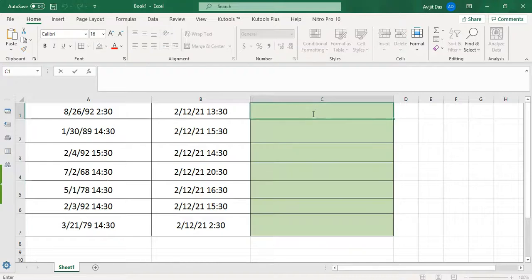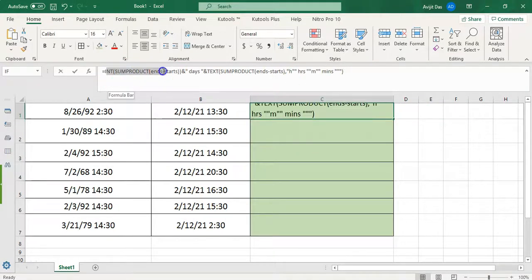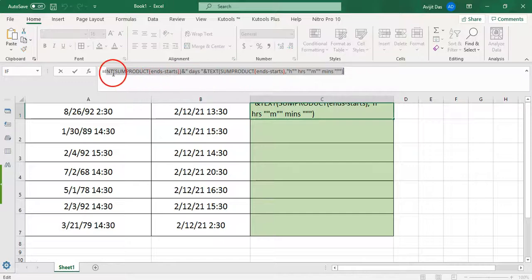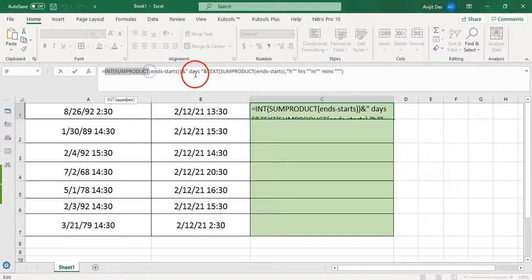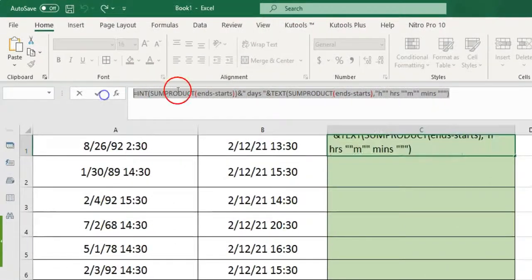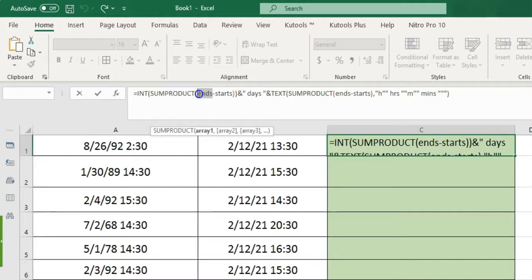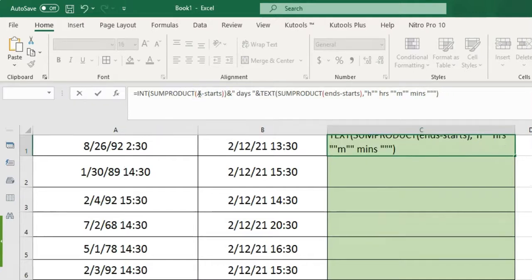To get the total days, hours, minutes, and seconds between a set of start and end dates, you can adapt the formula using the SUMPRODUCT function. Note that, if the argument end date and time is smaller than the argument start date and time, the formula will return an error value.